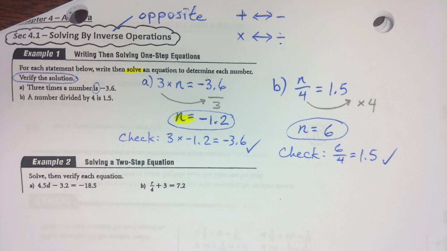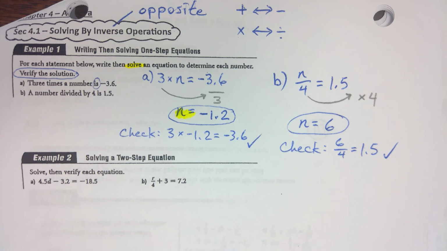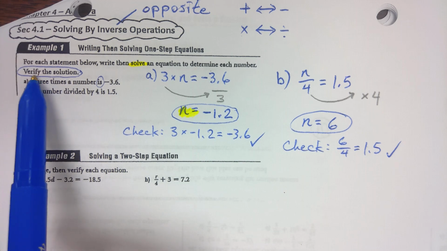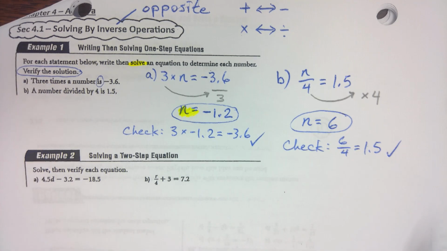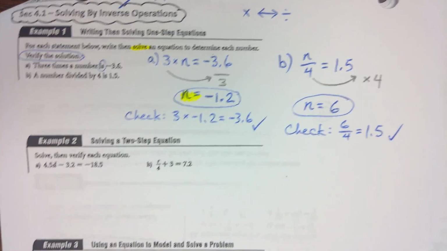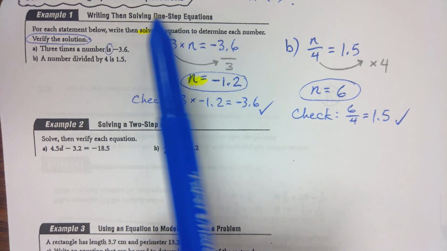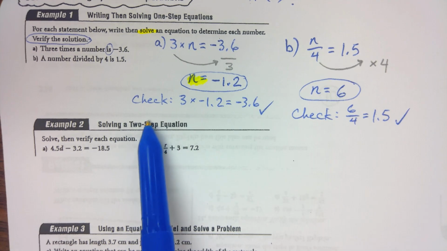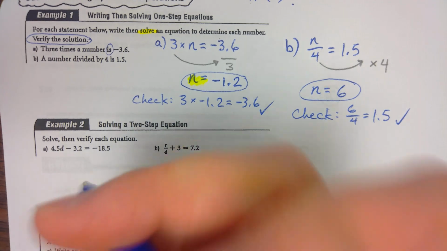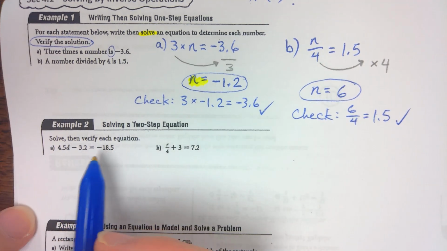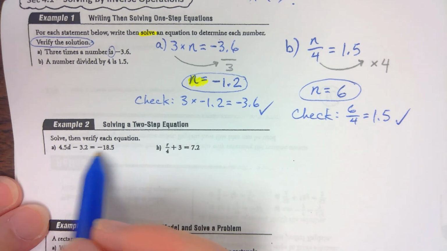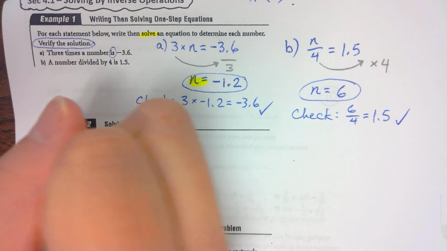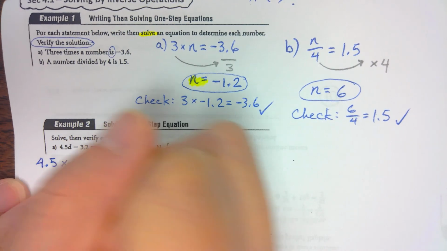So that's why yesterday's homework, you did a lot of substitution questions. You guys see how it's related? Especially if part of the question does tell you to verify, then you have to show this part. So this is a one-step equation. That's what we did to solve it in just one step. Now, example 2, two-step. To solve this, if I were to read this out, this is 4.5 times